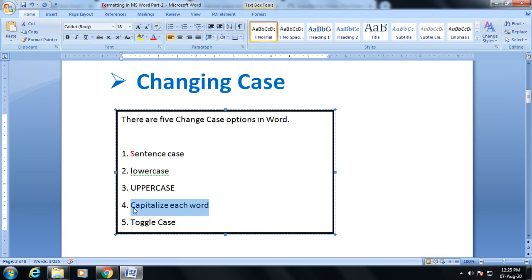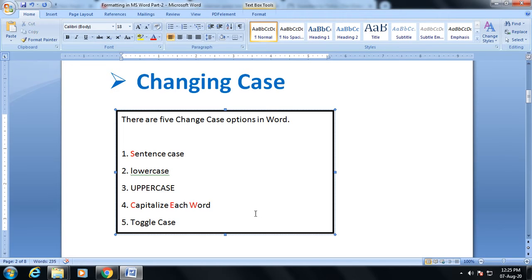As you can see, only the first letter of the first word is capital, not the second word, not the third word. Now I am going to change it into capitalize each word. Now you can see the first letter of each word is capital.